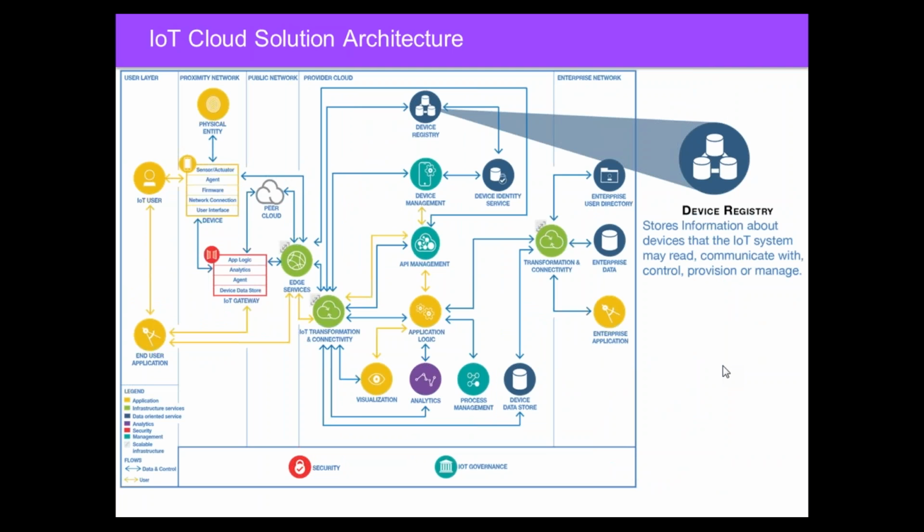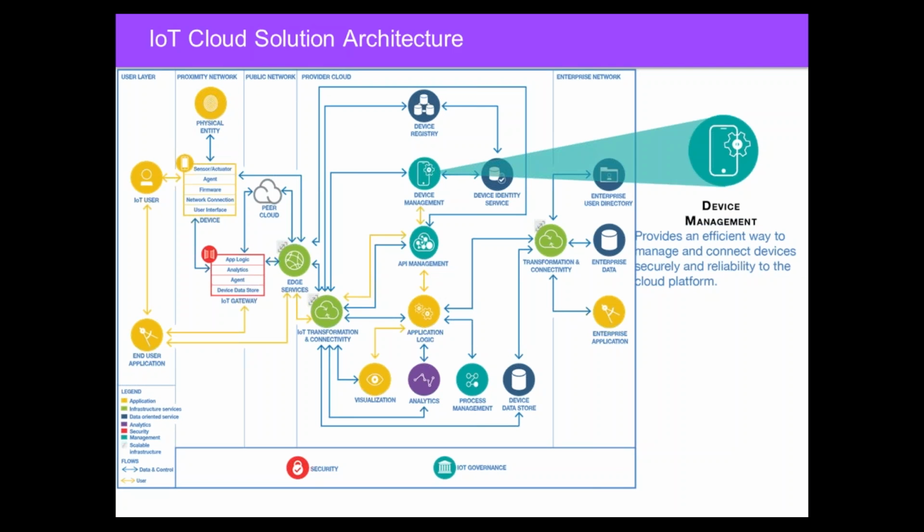We have the device registry, and this is basically where we log information about the device so that we know what it is, how I communicate with it, and some basic aspects of it, so that I know it's secure and I'm not getting spoofed. I also know how to communicate back to this device, what is available to do to it so that I understand what actions I can take against it, if any, and also what the firmware levels are and what I want to be able to update in the future.